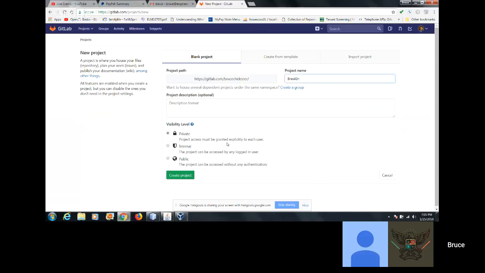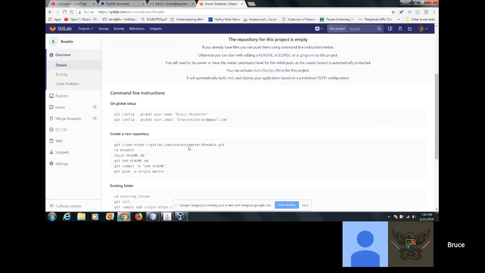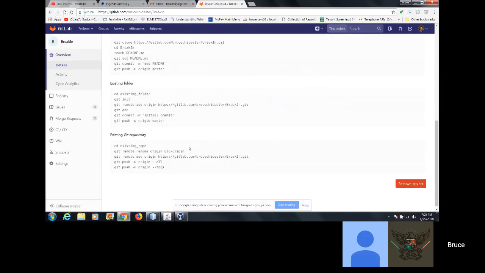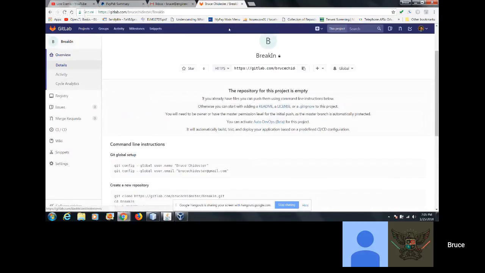Project access must be granted exclusively to each user. Sure. Okay, I'll create the project. I wanted it to be Subversion, but it only supports Git. Oh, well.